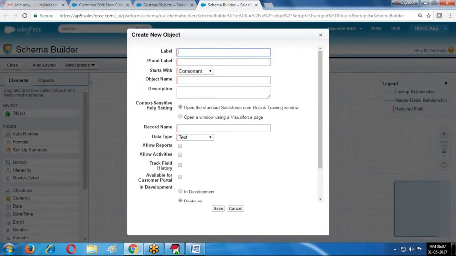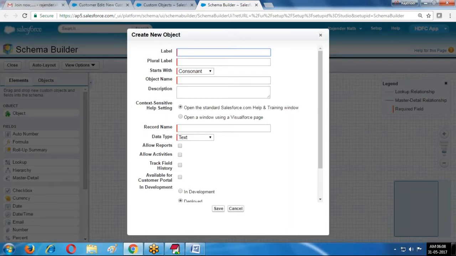Now what is the difference between creation in Schema Builder and the new custom object tab? Whenever we use the new custom object tab, it allows the tab creation page as well, but in Schema Builder it cannot allow the tab creation page. Manually you can create the tab. That is one difference.